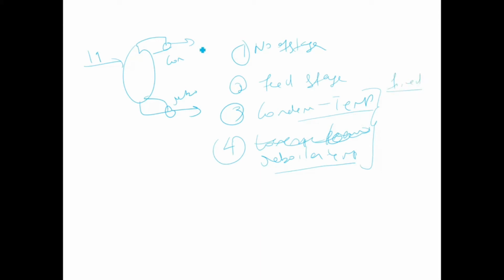So say our stream in the top is at some particular pressure, say P1. This is also again at P1 atmosphere. So at this particular pressure, what should be the reboiler temperature? That should be enough to create the vapor phase. And at that particular pressure, what should be the condenser temperature? That should ensure that the vapor will be condensed back into liquid. Okay, so we need to know